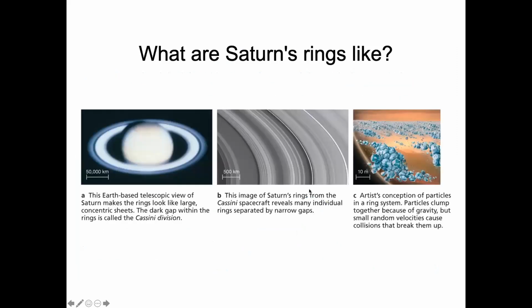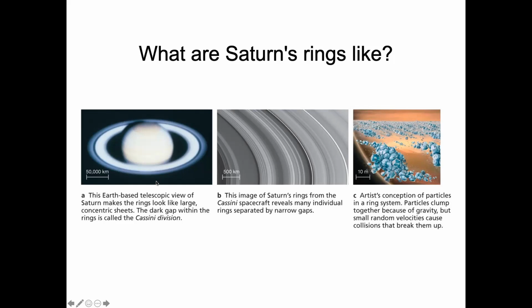So we're going to start with Saturn's rings. In the image on the left, you can see what Saturn and its rings look like from Earth. Saturn is often considered the crown jewel of our solar system. Its rings make it, I think, well, this might be a little bit subjective, but one of the most interesting things to look at in our solar system. And its rings are very, very thin. But the rings are not solid, right? The rings are actually made of very small particles of ice.